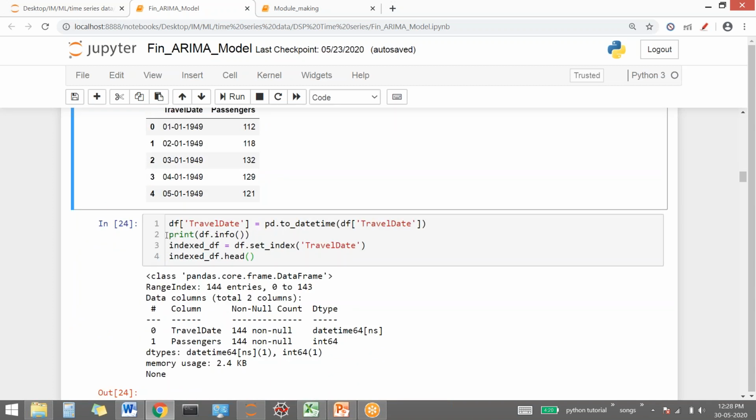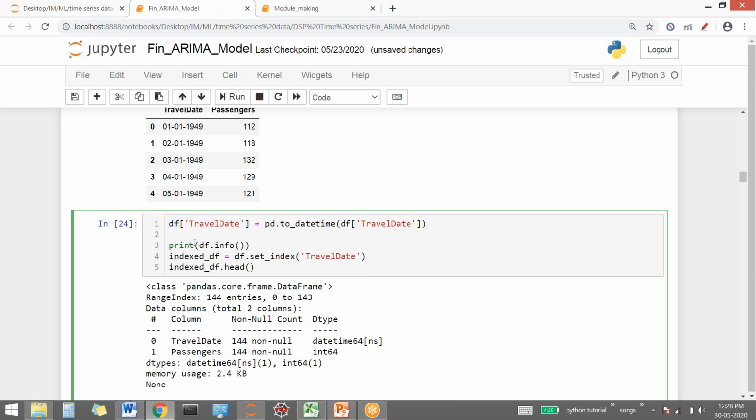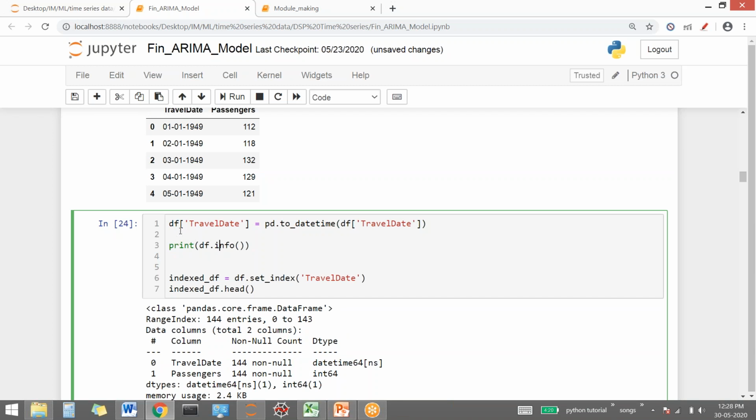Now after that, how do we convert a column to a datetime column? Pandas has an inbuilt function, that is to_datetime. If a column is of object data type, or any other data type, and you want to convert it to datetime, you use pd.to_datetime on the column you want to convert. I don't want any other column to be inserted, so I'm overwriting the existing column. Okay, now after this conversion I will print my information here.